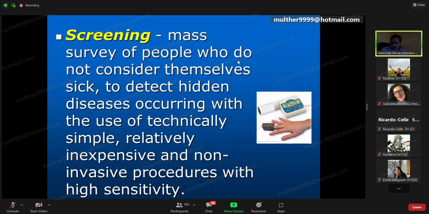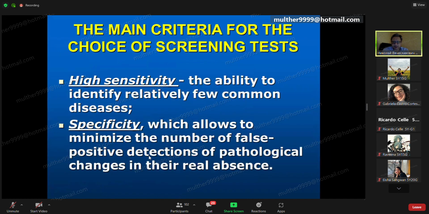You can see on the screen the very popular procedure of pulse oximetry. Also, we can see the tube of a peak flowmeter for detection of expiratory problems of the patient. ECG device and procedure, a diagnostic procedure, is also a screening procedure for a big mass of people.